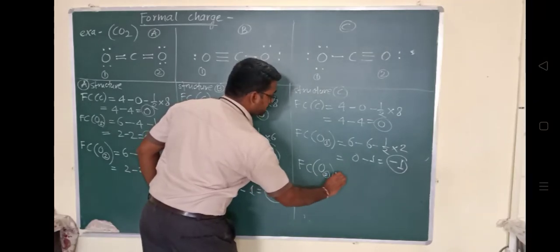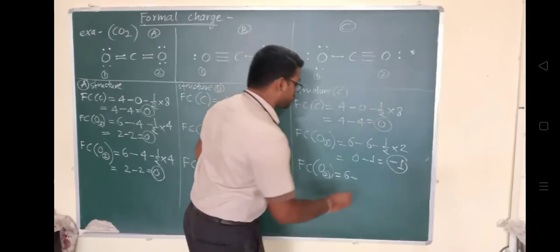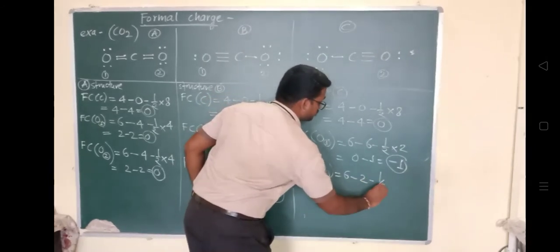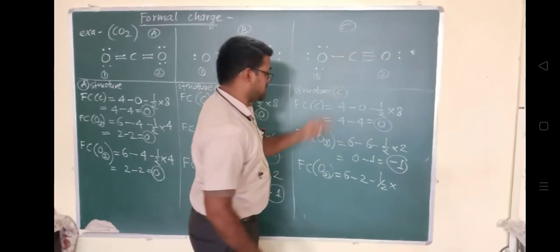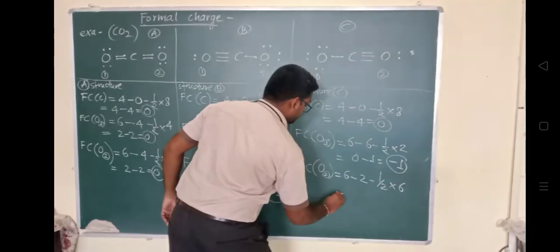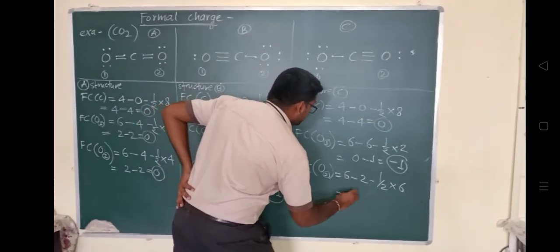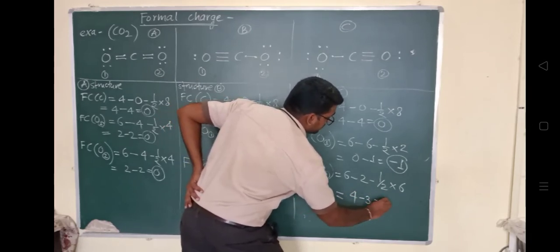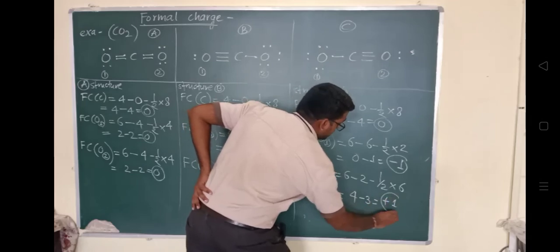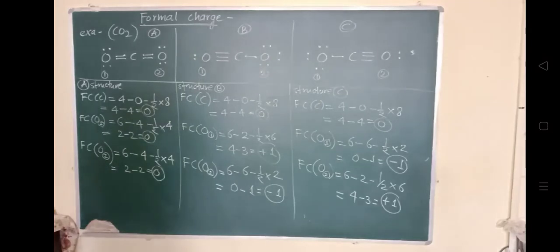and the next formal charge over second oxygen atom will be 6 minus 6 is the valence electrons, minus unbonded is 2, minus 1 by 2 multiply by bonded is how much? 1 2 3 4 5 6. 6 electrons are present which are bonded, which are forming pair, and 6 minus 2 is 4, and 4 minus this is 3, that is equals to plus 1. So plus 1 is the charge over second oxygen atom. So in this way we have found the formal charges for the different conditions.